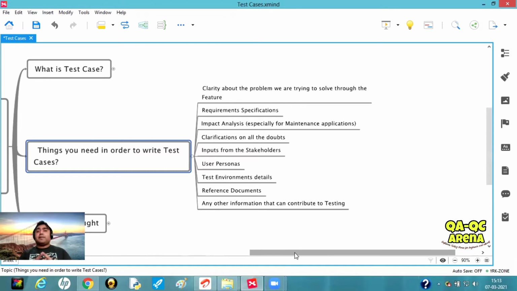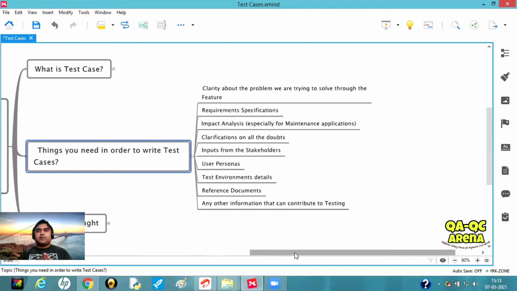So make sure environment details are crystal clear to you. There's no confusion, there's no gap in terms of understanding. Understand what configurations are required. The test environment is there, but if there is something additional that needs to be done in order to carry out your testing, make sure you are conscious about it. You are always keen to know the information that is missing. And if there's nothing missing, that's good, but if there is, it will always help you to get it at the right time.